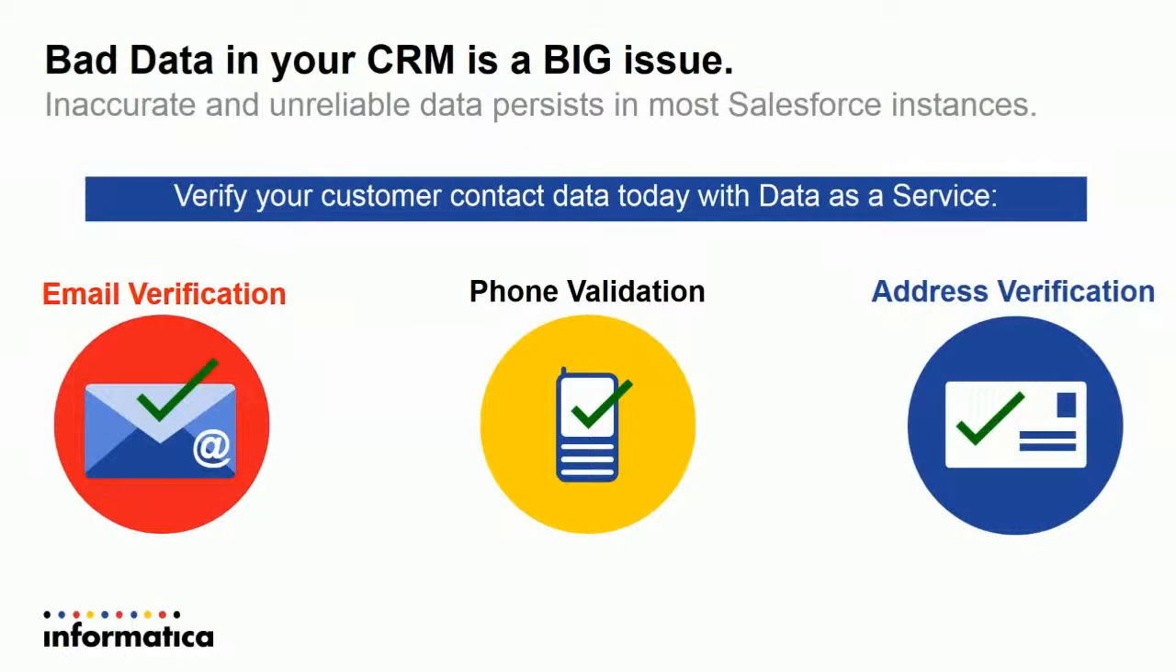Thankfully for you, fixing contact data is much easier than rebuilding your customer's house. You can easily clean up your email addresses, phone numbers, and post addresses right inside of Salesforce. This is all done through Data as a Service. Why? Well, because bad data in your CRM is a huge issue. It's what you've built your business around. This inaccurate data is killing your team's performance,